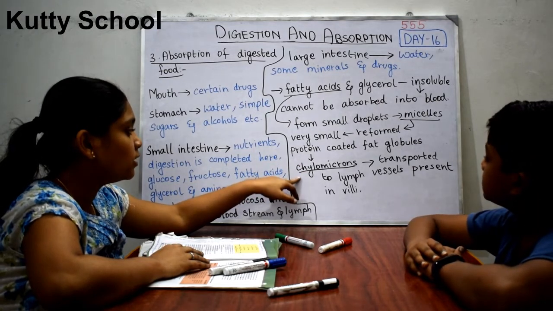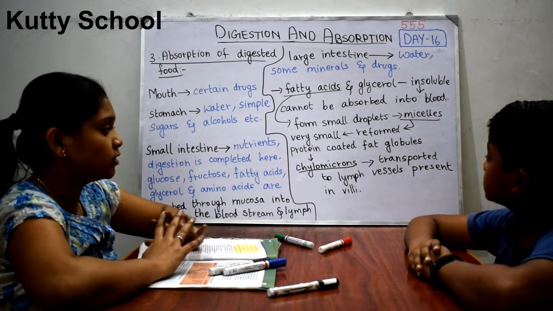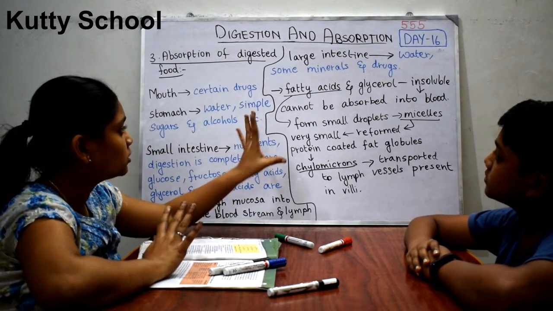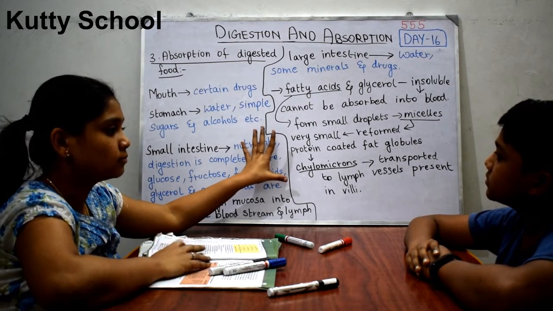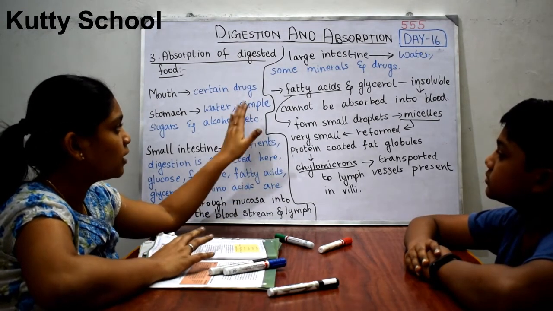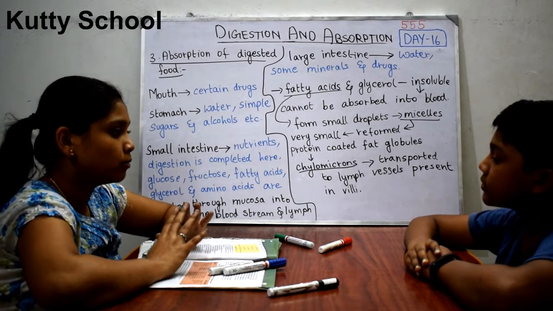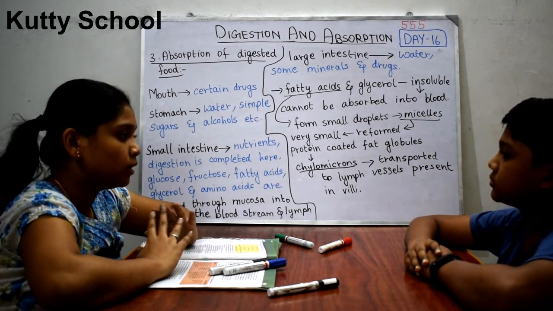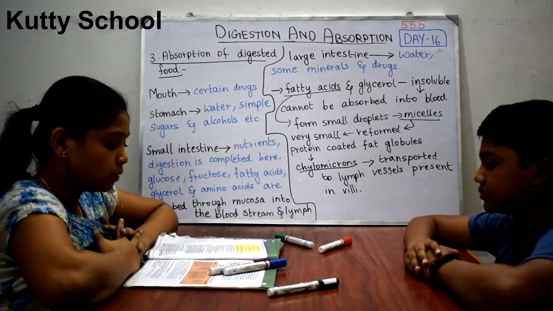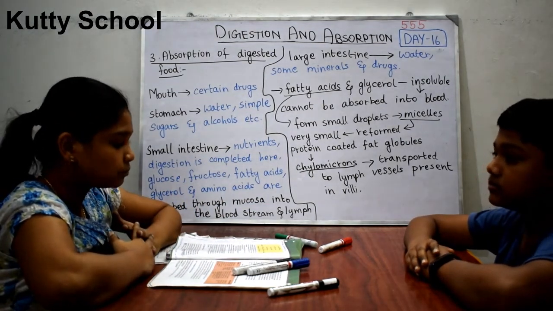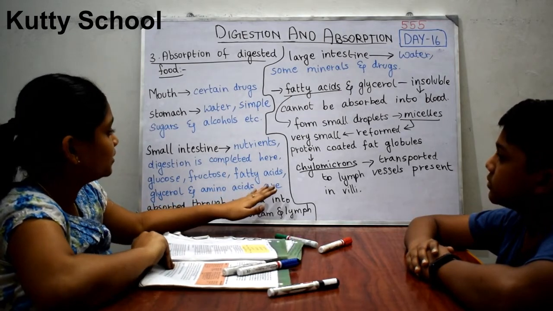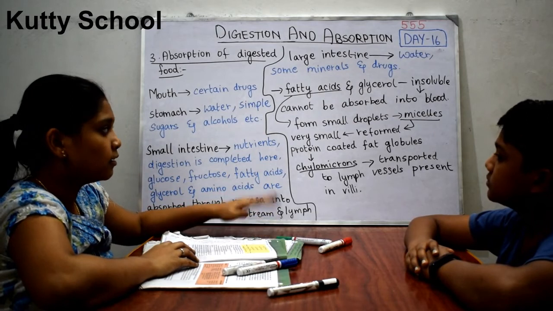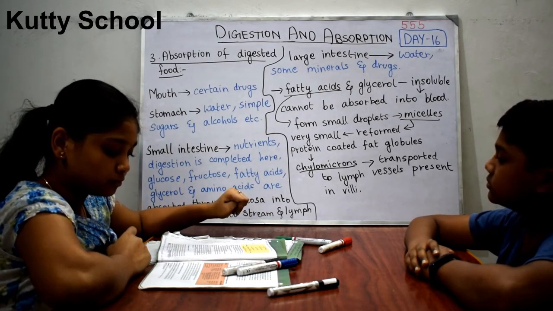Okay. So these chylomicrons are transported to lymph vessels present in villi in the small intestine. So this is how fatty acids and glycerol are absorbed into the bloodstream. Fatty acids and glycerol cannot be directly absorbed by villi, so only in the form of chylomicrons can they be transported. Okay. So next we will see about these substances, they reach the large intestine, and the process of